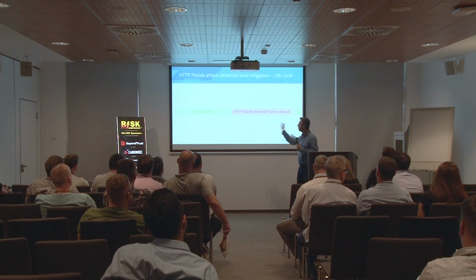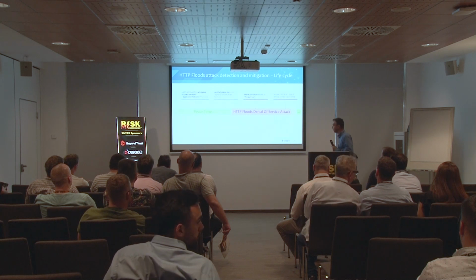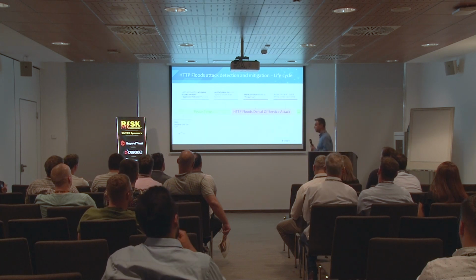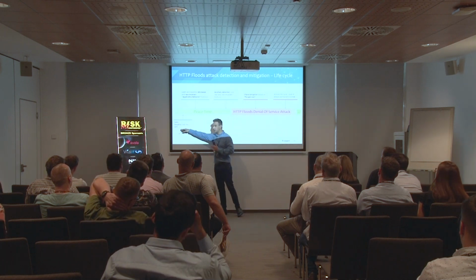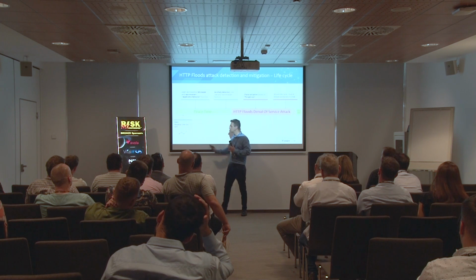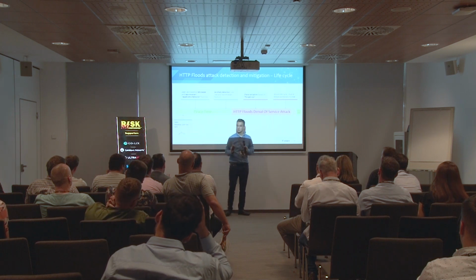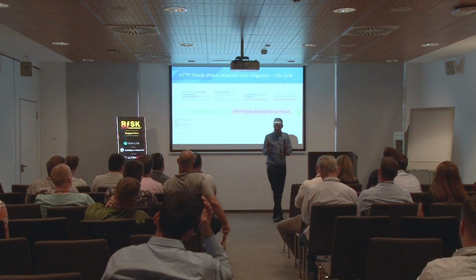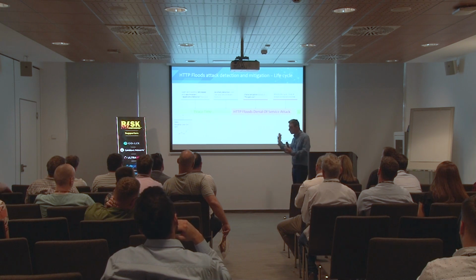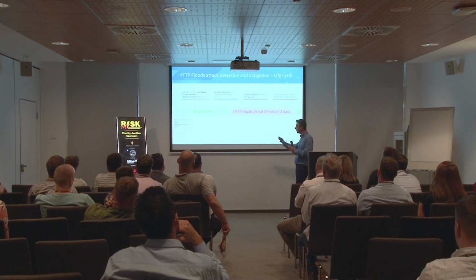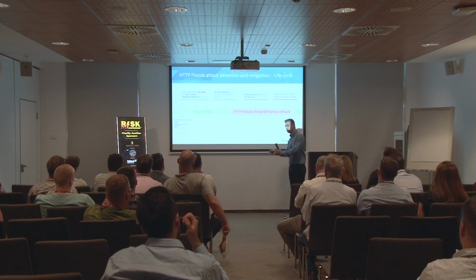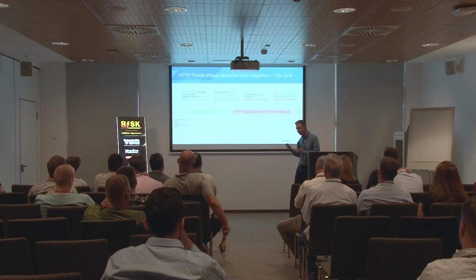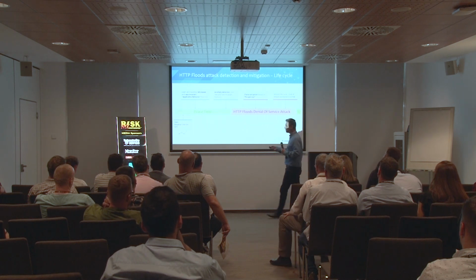So this is how it looks, from the life cycle of an attack. The first step is the rate: the rate versus what we have in the baseline, requests per second. This is the first step in terms of detection. Let's say we divide it into two phases. One phase is the detection. Then once there is a detection, we are able to mitigate, right? You are not able to mitigate if you don't have a detection. So first is the rate.